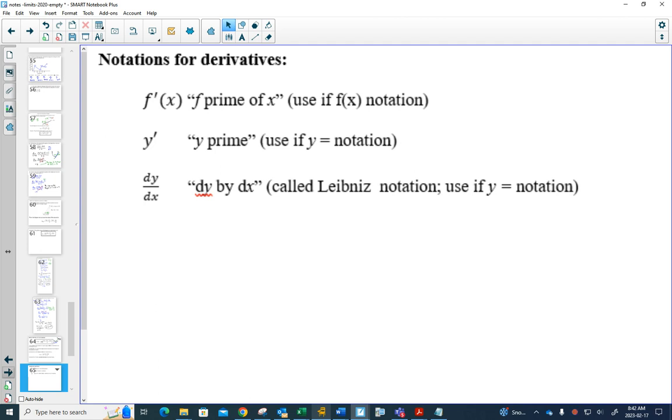And if you're using y notation, you can use Leibniz's notation. So f prime of x is more Newton's notation. Leibniz said dy over dx. The d is sort of like a delta, almost like a change in y over change in x. So it gets that idea of slope, and that was Leibniz's notation. It can also be used if you start with y equals. Again, the notations,